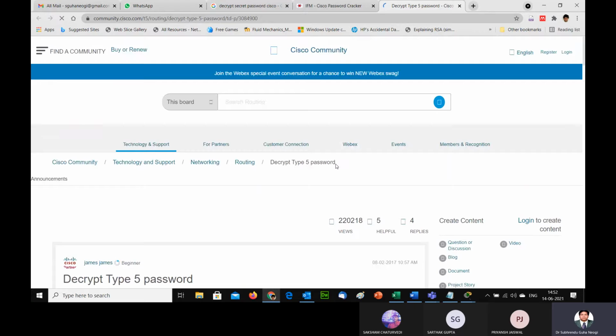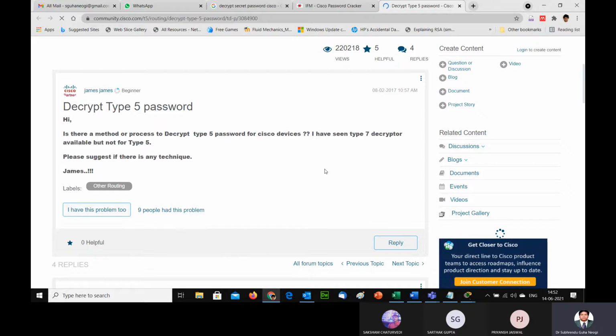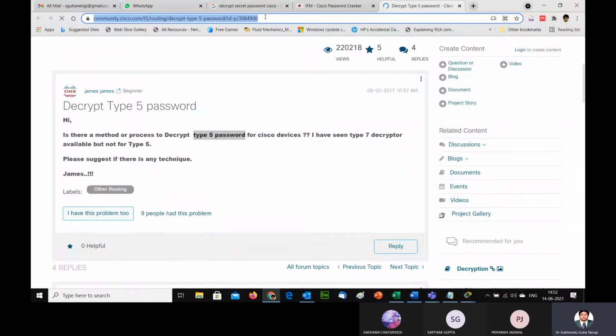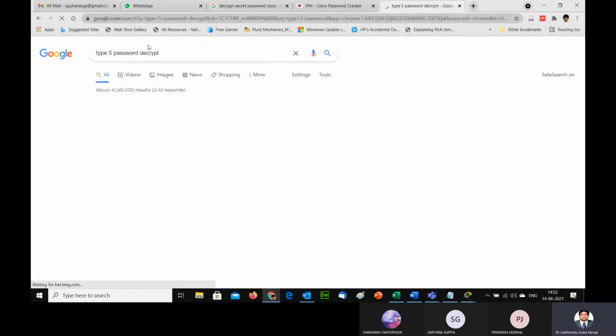So type 5 password decryption sites are there. Type 5 password decrypt. Okay.